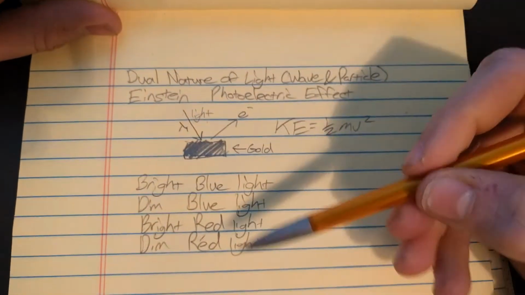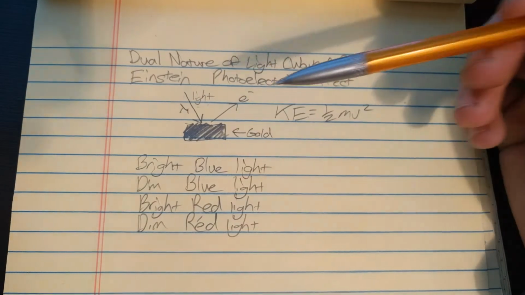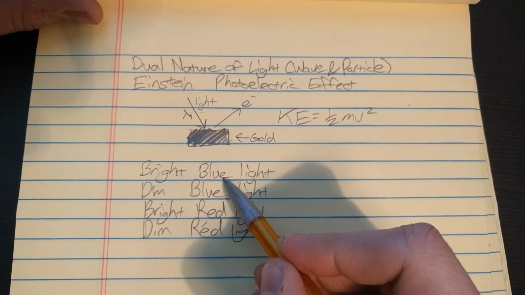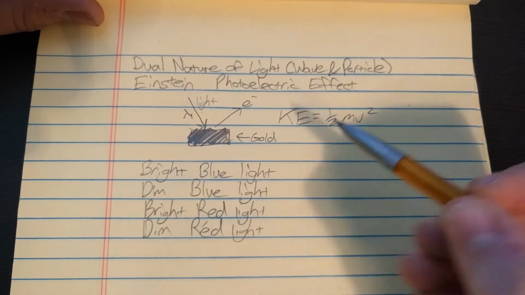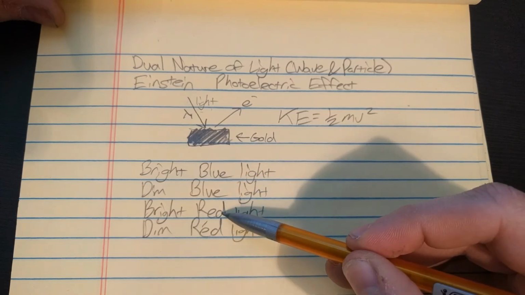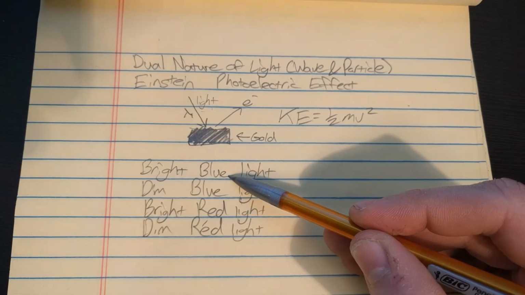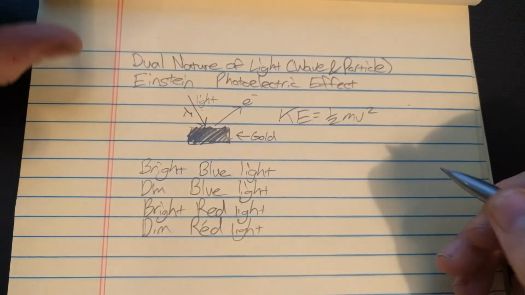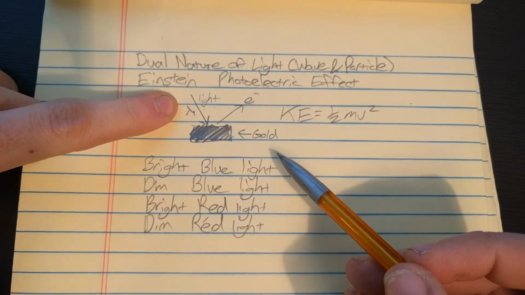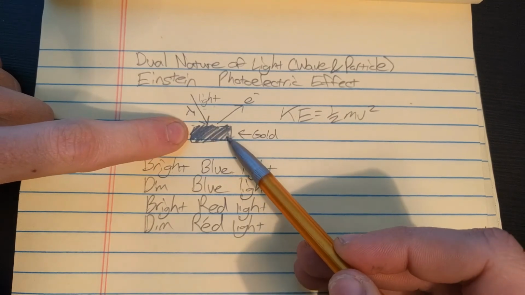Now, I'm talking very generally here. If you shine blue light on gold, you might not get electrons out. But the point I'm trying to get across is about blue light. In another video, I talked about how blue light has a higher frequency than red light. Okay? And blue light also has a shorter wavelength than red light. So, if we shine bright blue light upon our block of gold,